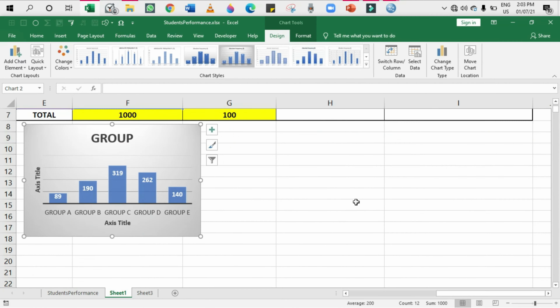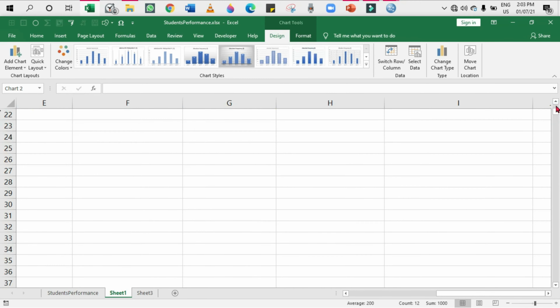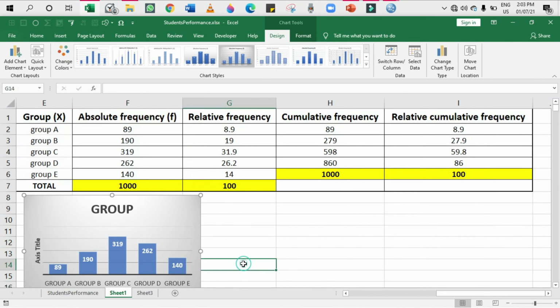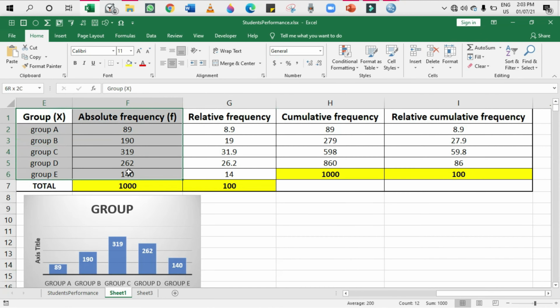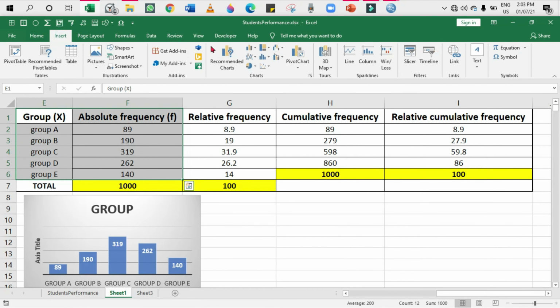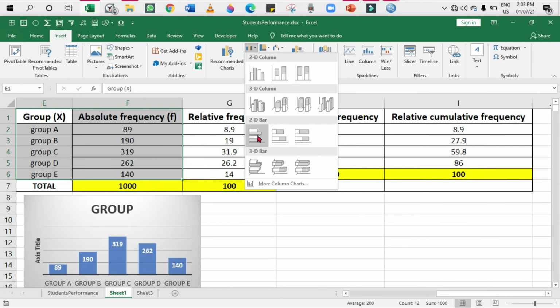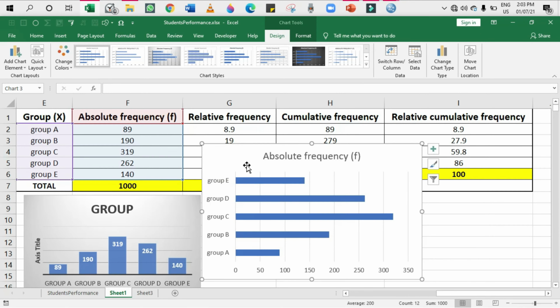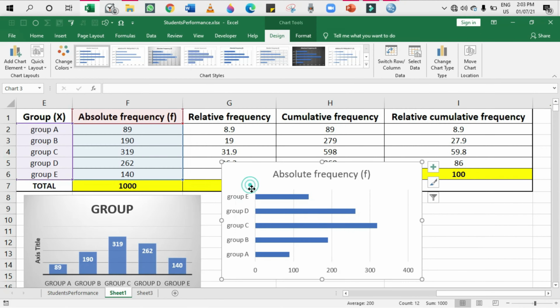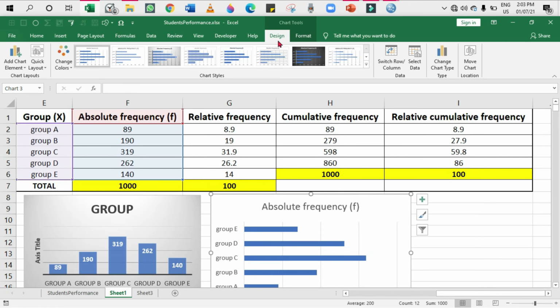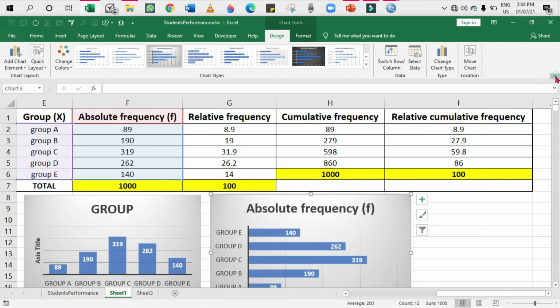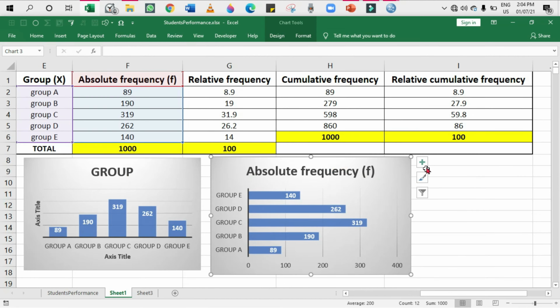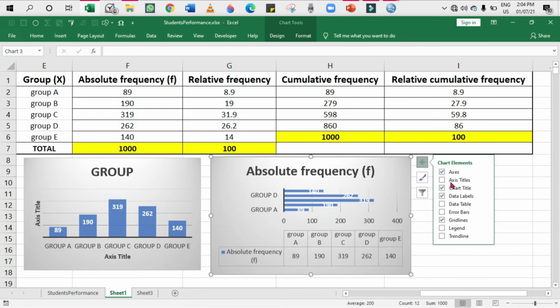Wait for a second, let me show you how to put a column chart. A column chart is exactly similar. The only difference is the bars will be looking in a horizontal manner. Go to insert, the same thing, under the column chart, we can press it. I've got this, and when we touch the chart, automatically a design tab and a format tab open, and from the design tab you can select the desired design of your chart, and we can use other things like data labels and axis titles as we did for this.